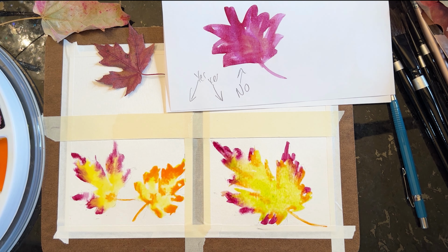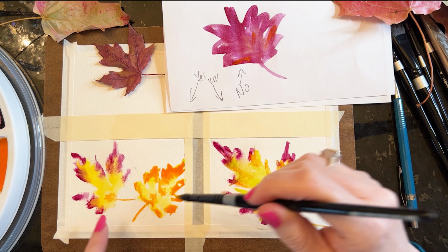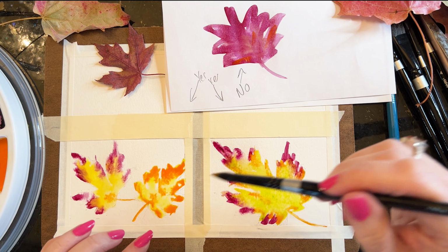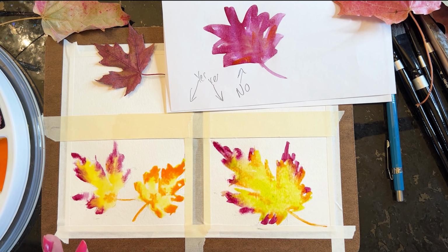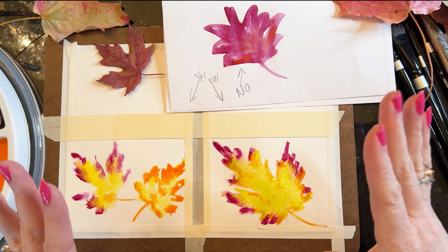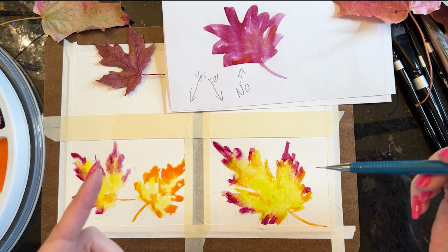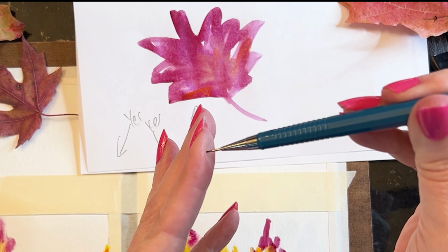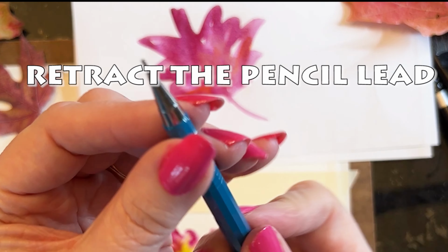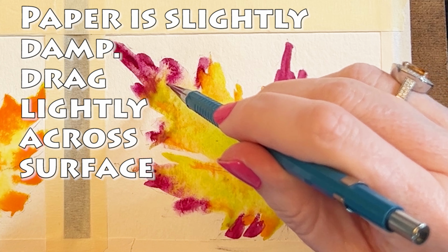All right, now, so if I just add some orange in here, you can see there's a world of difference between what we're doing here versus what we're doing here. Now, you can, in theory, just leave your leaves like this and do nothing more to them, but I want to take it to the next level here, so I'll show you what to do with that. So with a mechanical pencil, I'm gonna just retract this in so that there's no pencil lead showing here at all. But I'll show you, if we emboss